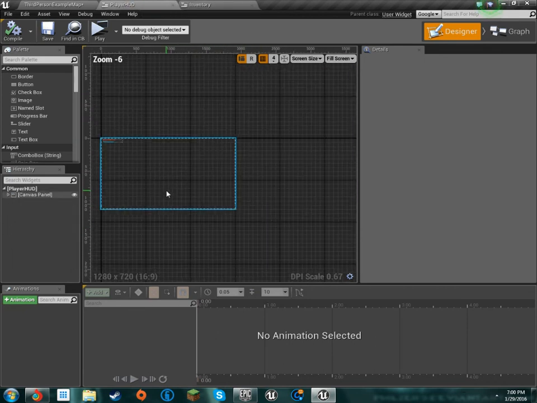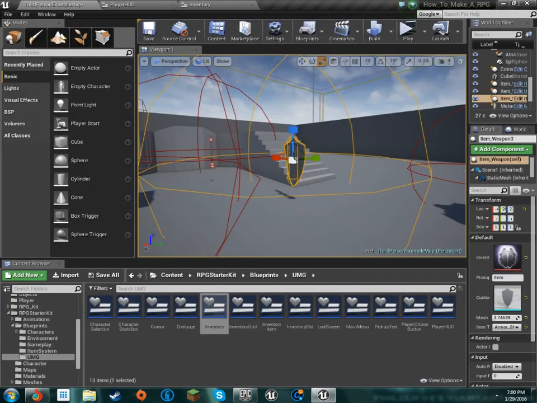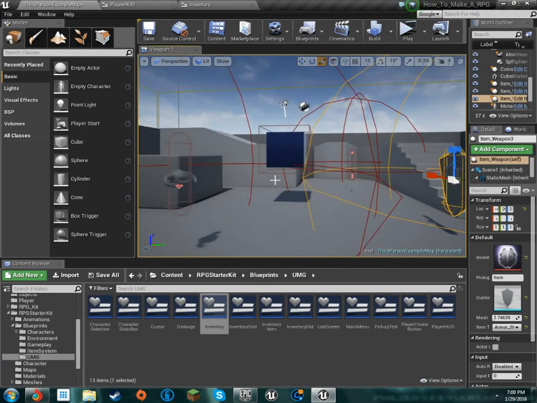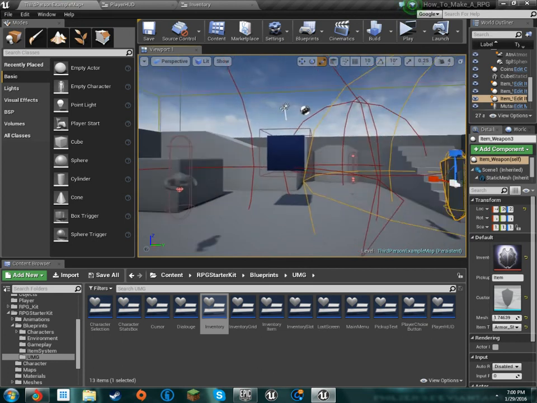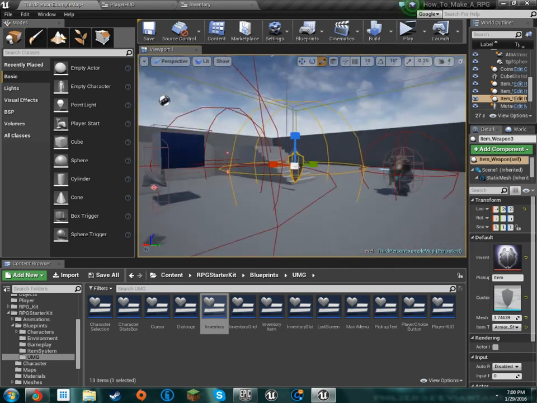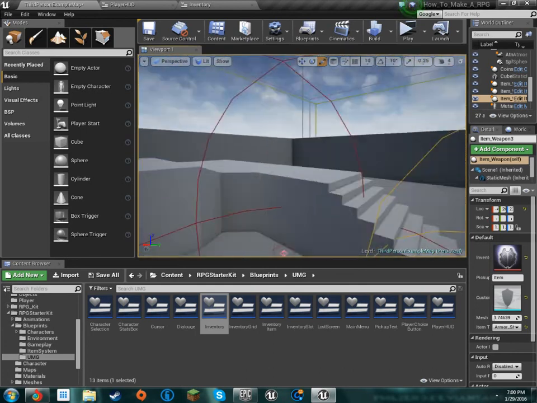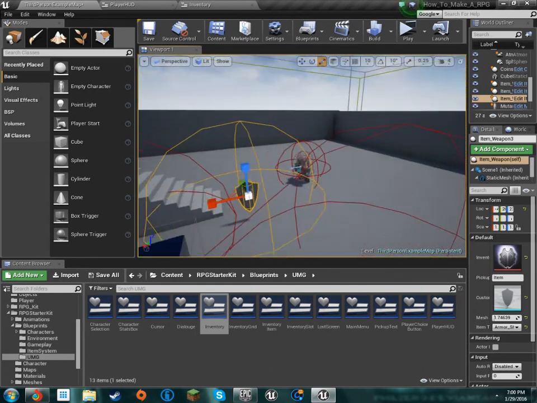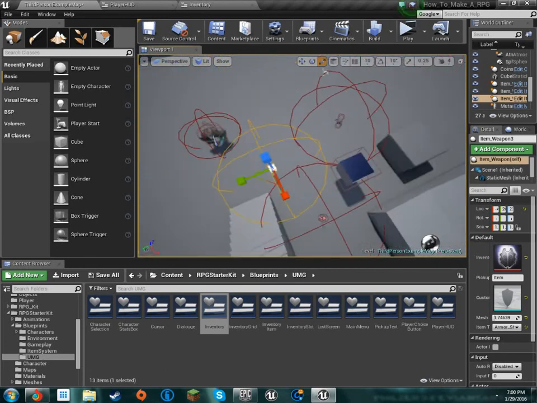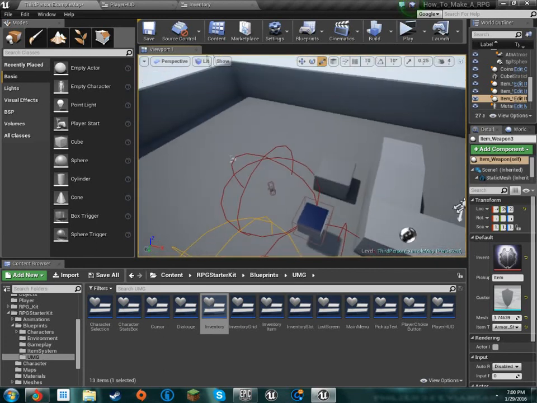And whenever we pick something up, it will prioritize putting it in the hotbar first, and then if there's no more room in the hotbar, inventory slots will be taken up. So that's what I have planned for the whole inventory UI HUD system, getting going with all of that,